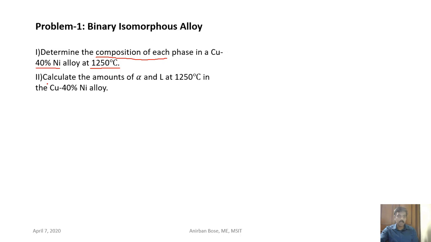The second part, you have to find out the amounts of the alpha phase, or the solid phase, and the liquid phase at 1250 degrees centigrade for the same alloy composition. So you have to find out the mass fraction in the second part. In the first part, you have to find out their compositions. Okay, so for that what we need